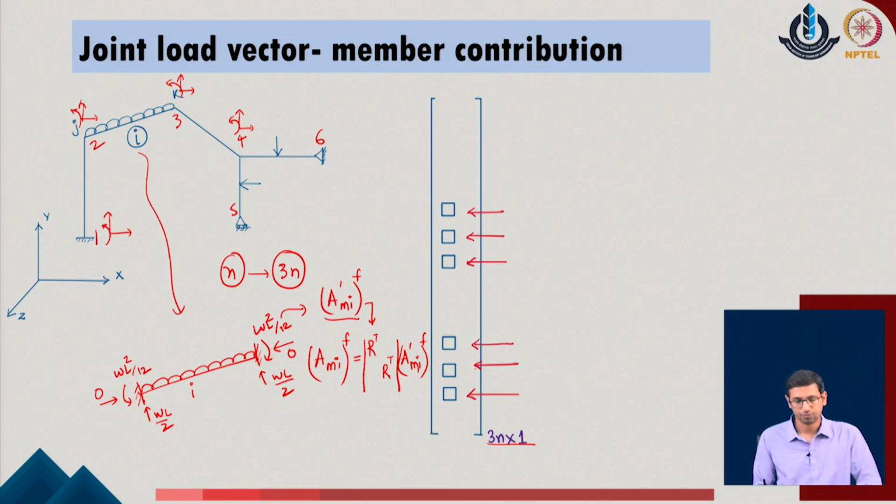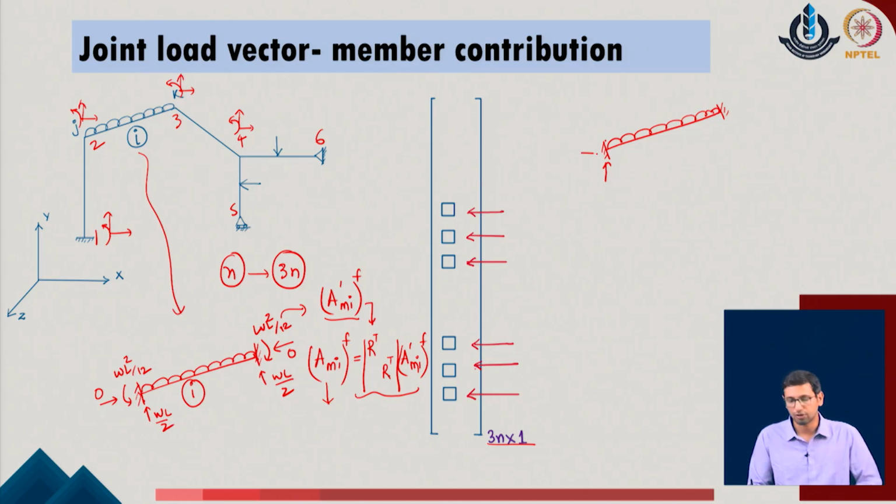Now, once we have these values which are located as the fixed end contributions at ends J and K of the system with respect to member i, but these are located in the directions of the global degrees of freedom, which means that now these contributions have been located at the two ends. If I just define both the ends being restrained and this being the uniformly distributed load, these reactions, or the A of Mi with respect to the fixed end part, are the contributions in the global directions of the given system.